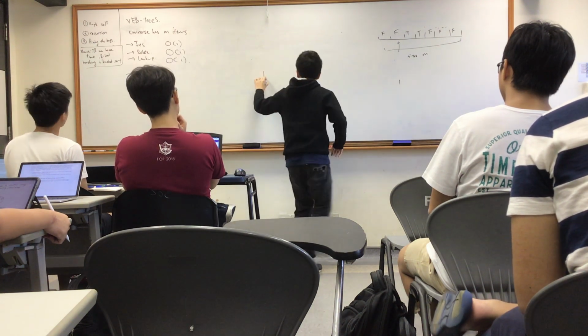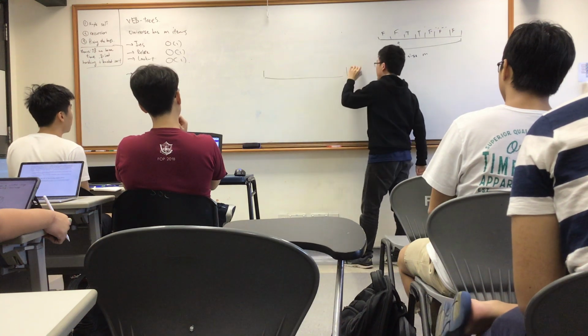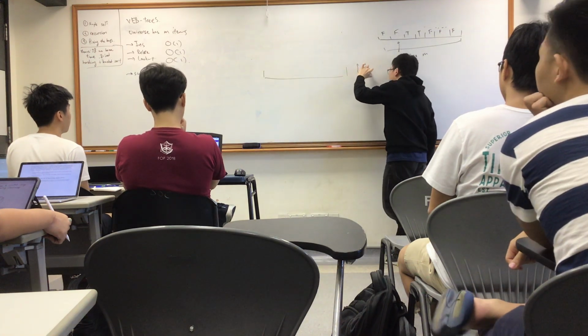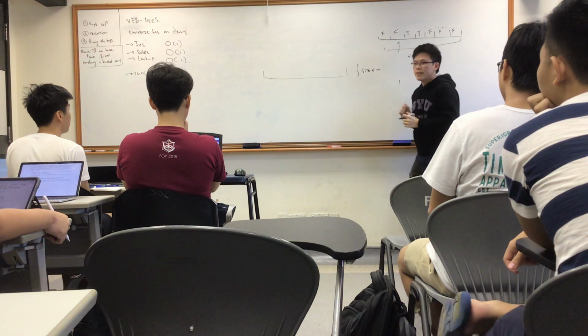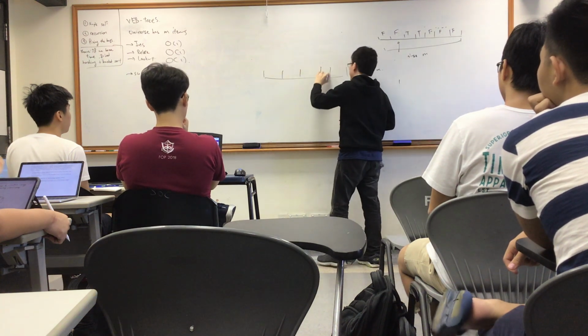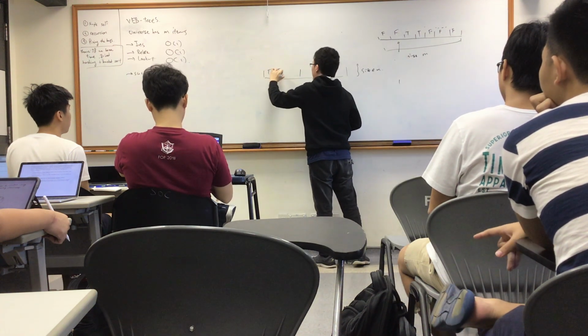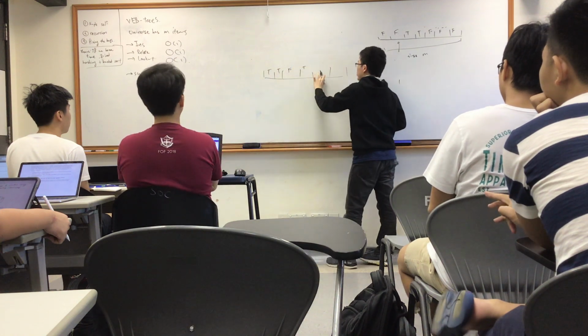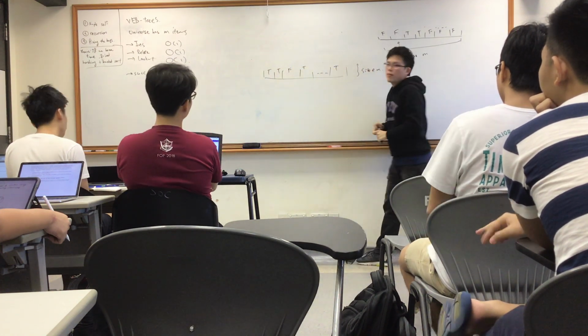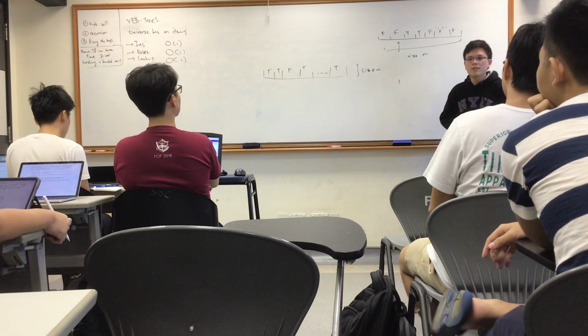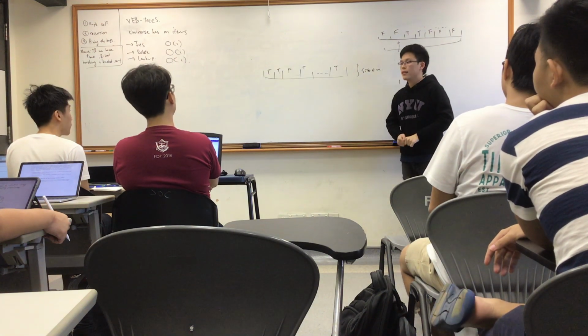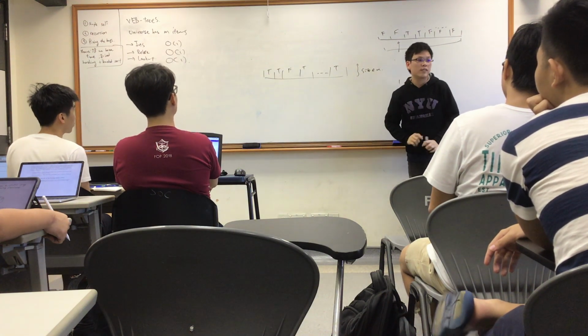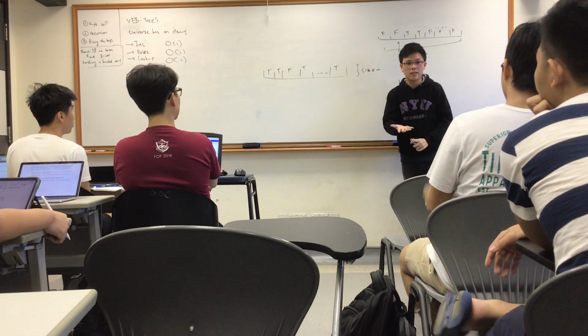Alright, so I have an array of size m. Now let's say I've done some inserts, I've done some deletes. Some of these are true, maybe this one is false, maybe this one is true, and so on. What's the worst case time for successor? How would I do successor now? Let's say I don't make any more changes to the data structure. Linear time. Why linear? Just check one by one.